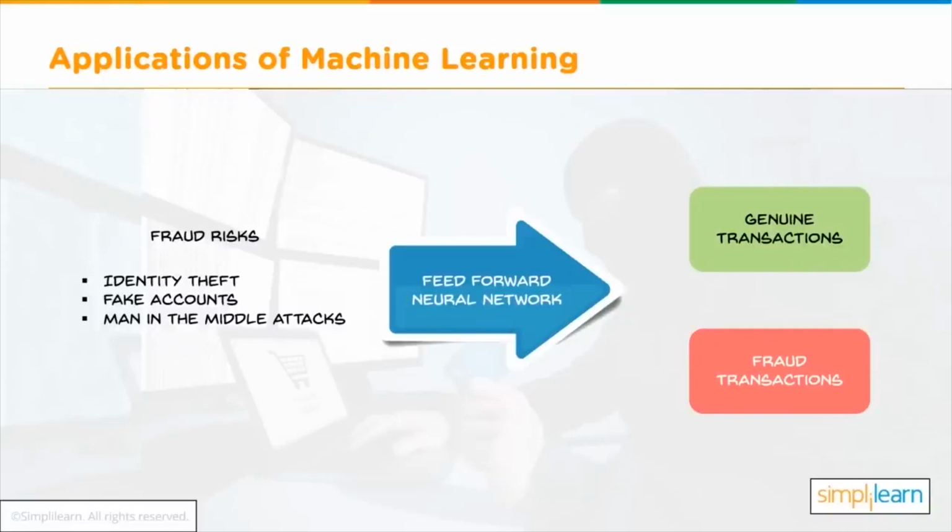What happens with feed-forward neural networks is that the outputs are converted into hash values, and these values become the inputs for the next round. So for every real transaction that takes place, there's a specific pattern. A fraudulent transaction would stand out because of the significant changes that it would cause with the hash values.